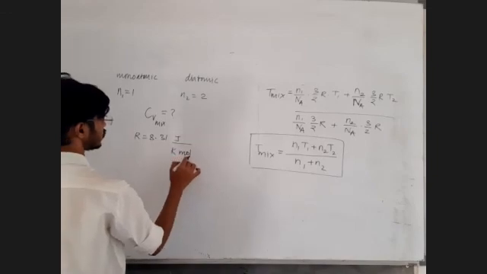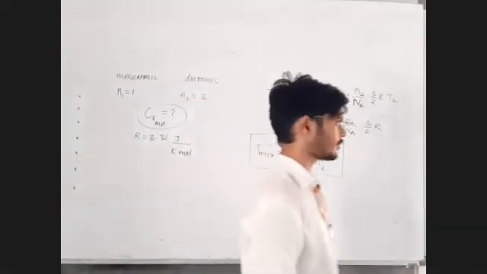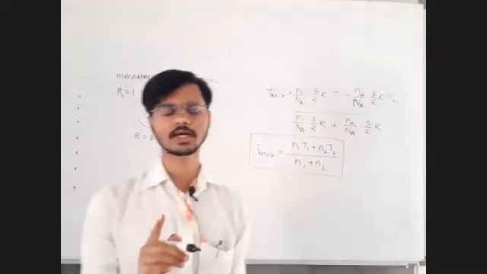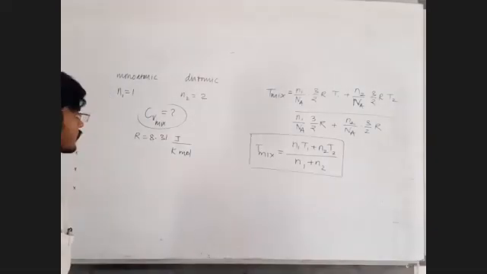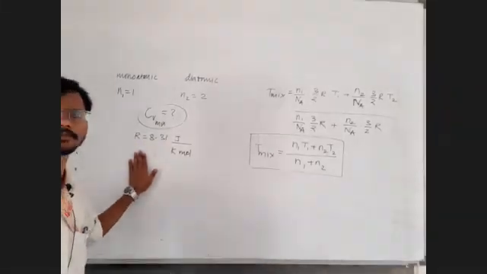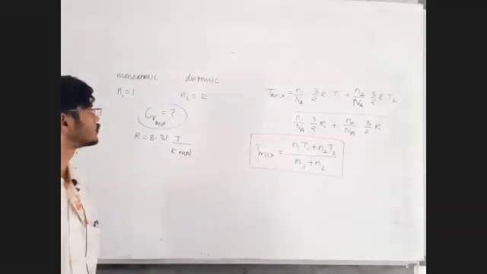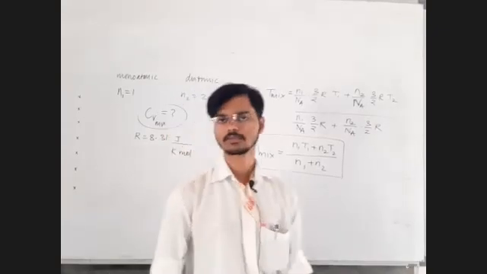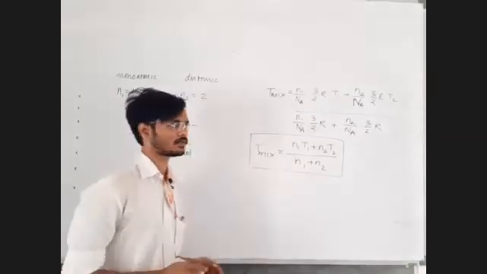Okay, do this fast. You have a direct formula for CV of mixture. Put the values, get the answer fast. Tell me the answer. Let me check how many of you do the calculation. You have to do the calculation yourself, there is no need to look at any solution. You directly have the formula for CV of a mixture: N1 CV1 plus N2 CV2 divided by N1 plus N2. Then first find the CV of the first gas. The formula for CV is F by 2R.